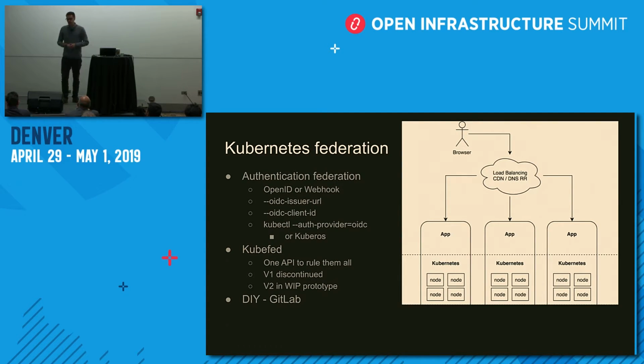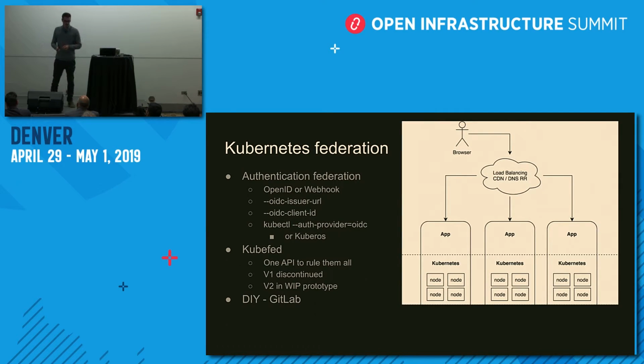The other option you have is to do webhooks. Kubernetes will call this webhook every time it sees a new token to know, what is this token? What does it mean? Who does it belong to? Is it valid or not? And all those things. So this is more common if you have your custom token thing. You're not using OIDC, you want to integrate with something else. You have that possibility. You need to write that webhook though.